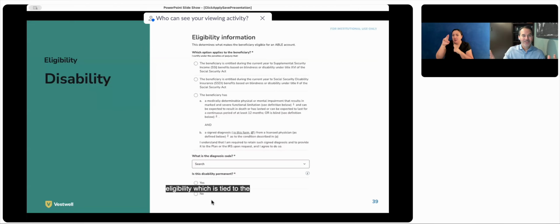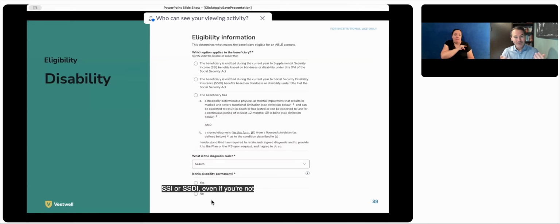The IRS regulations and the federal legislation that allowed us to launch ABLE programs had some very specific information in there. To make this very simple, though, if your disability qualifies you to receive federal benefits like Social Security income or supplemental security income or Social Security disability insurance, you might know those as SSI or SSDI. Even if you're not using those, your disability is qualified.